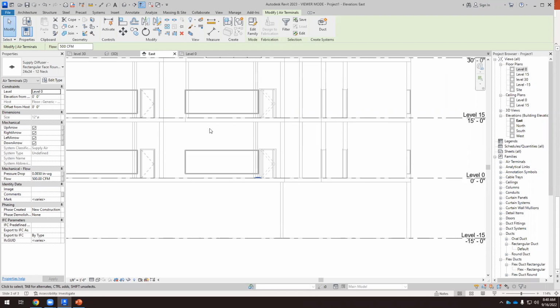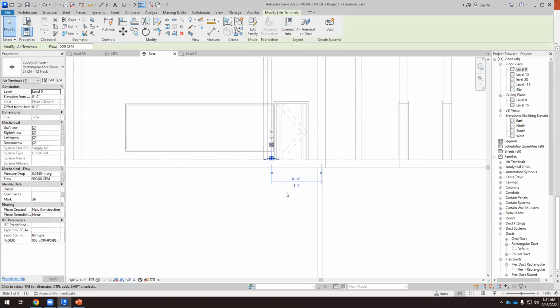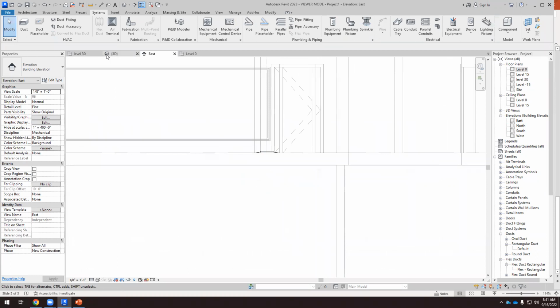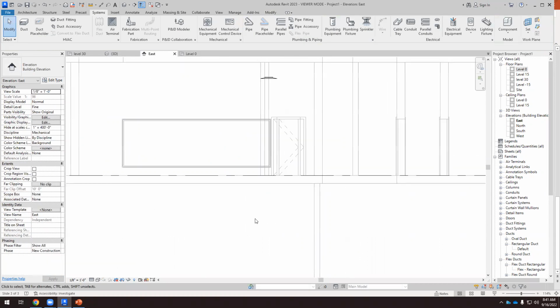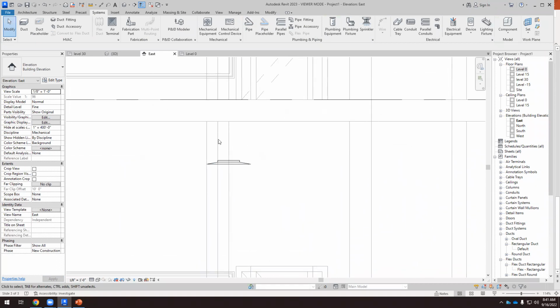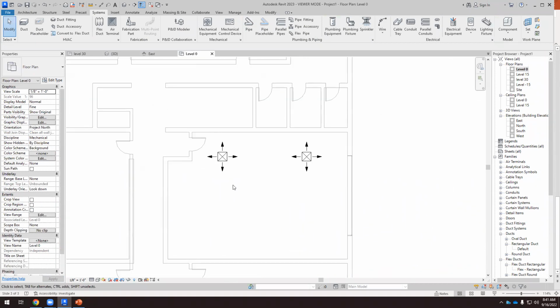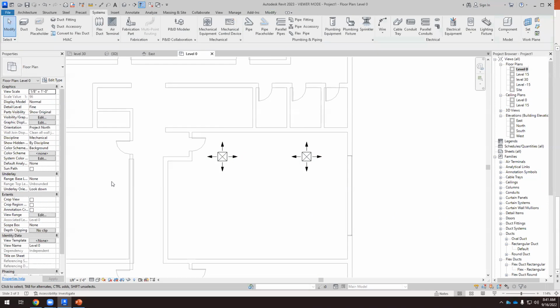So this is okay. So we have to select the diffusers. Select. I want to select both 1 and 2, and I can change the elevation here. So let's make it 12 feet. Okay. Will we have enough space here? I don't know. Let's make it 11. I think 12. It's gonna be